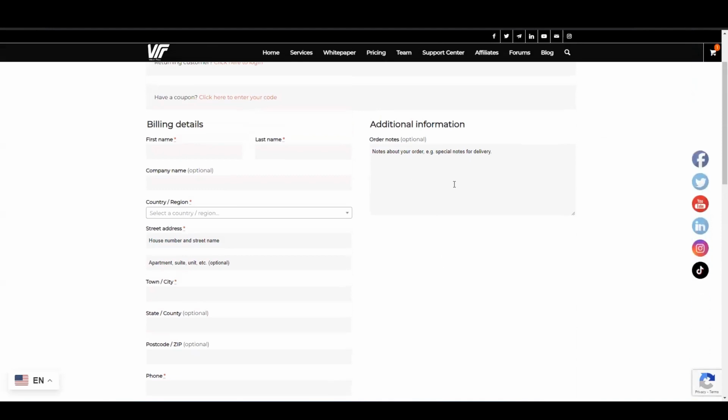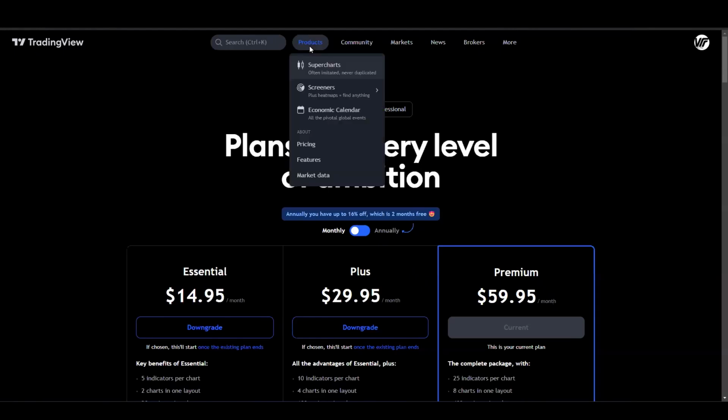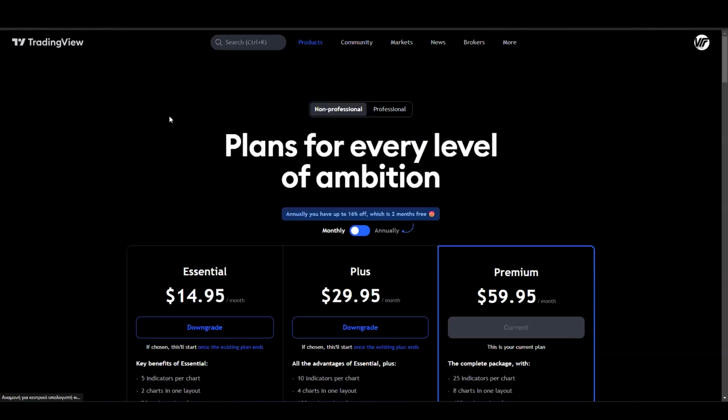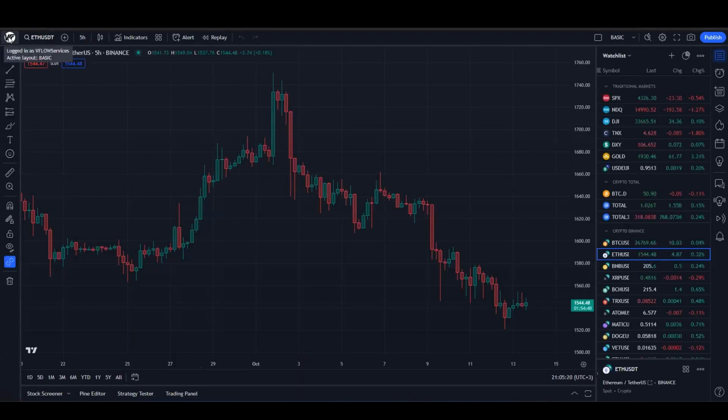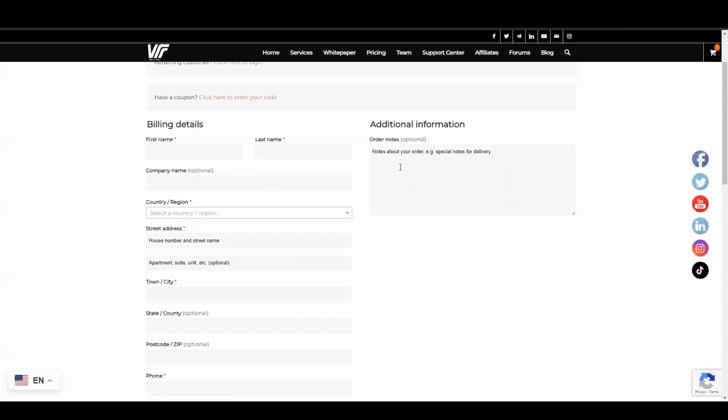You are going to use your TradingView username. Now, let's go to TradingView. Let's go to Super Charts. And where you are landing yourself on a super chart, here you can click on this icon. It says logged in as VFLOW services. This is my username. So this is your username, and please paste this username at the order notes